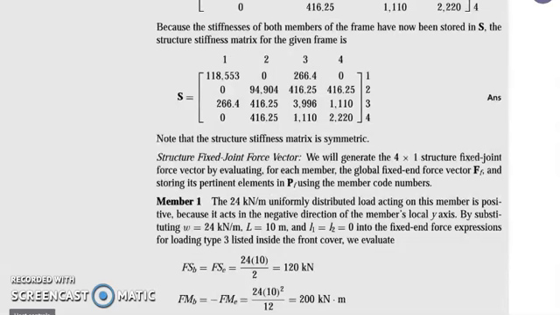So we have 1, 2, 3, 4. Whatever is written on top should be written on the side. So 1, 2, 3, and 4. Now, for this one, we now have to identify our